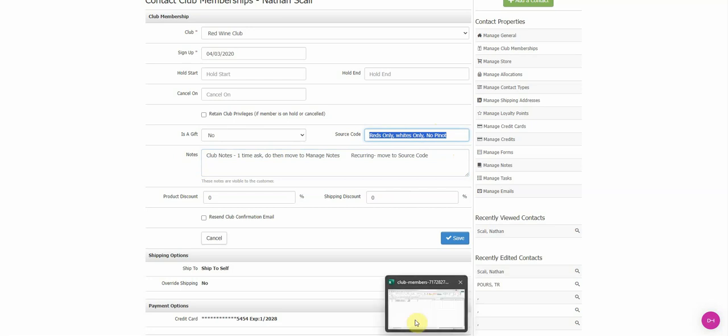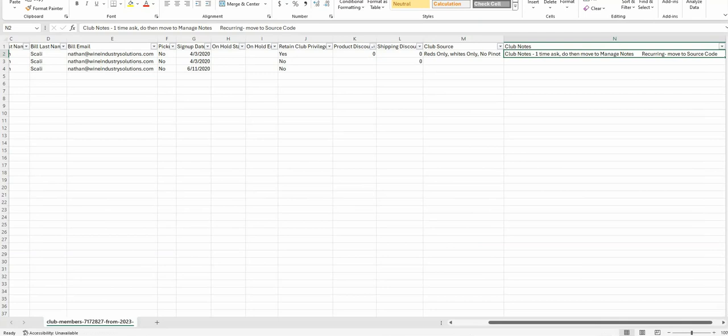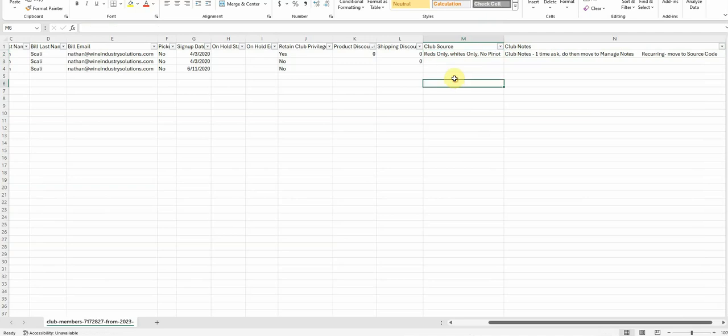Because what we want to do, instead of having a club for every little thing that people ask for, is do the white glove, and if you don't have that many people in the clubs, it's easier to move them over. And then you put what those little specialities are in here in the source code. Only you see it. It's going to show up here, and now this becomes a cheat sheet for you to do your customized orders. And do this before